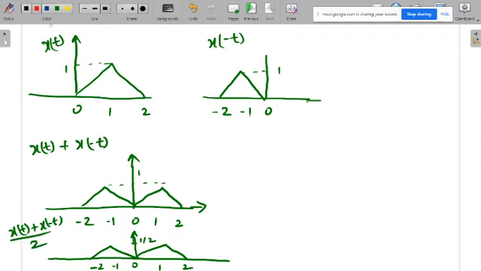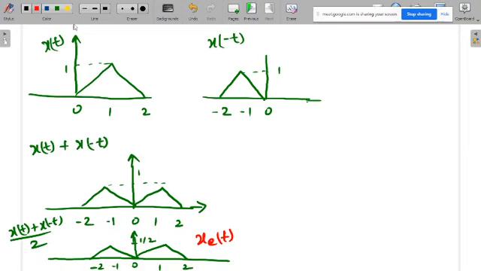Again, what is this signal? This signal is the even part of the signal. So this is the even part of the original signal. This is the original signal, and from it we are finding out the even part present in it. The even part should behave as an even signal, so you just have to verify whether it is an even signal or not. Yes, it is an even signal. So this is the signal extracted from the original signal.